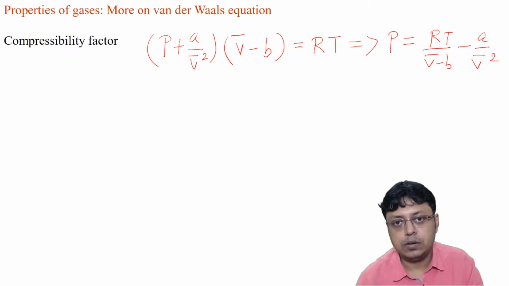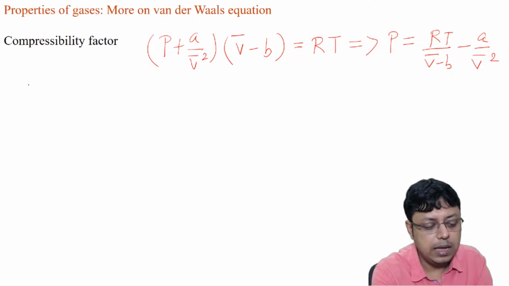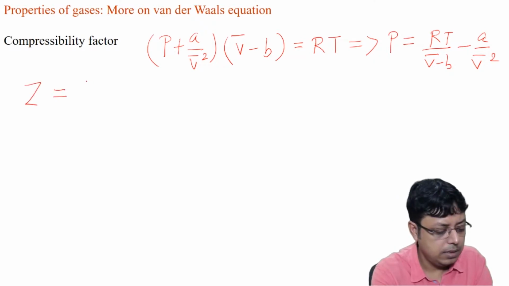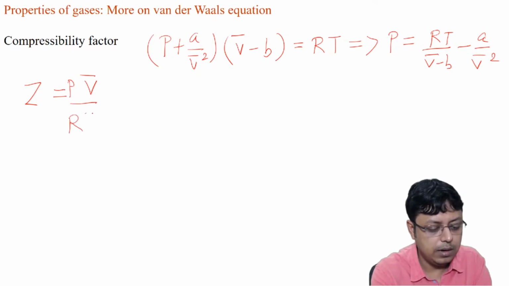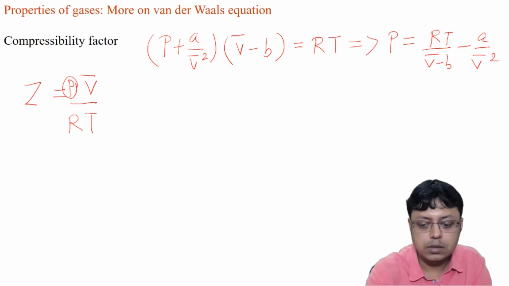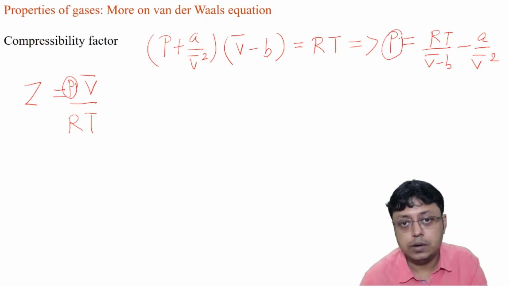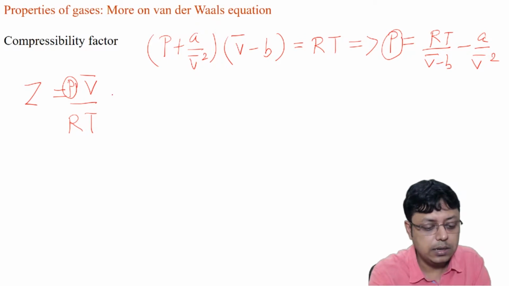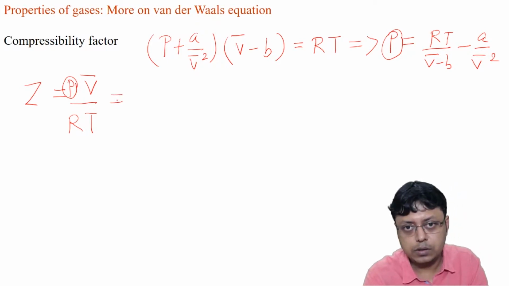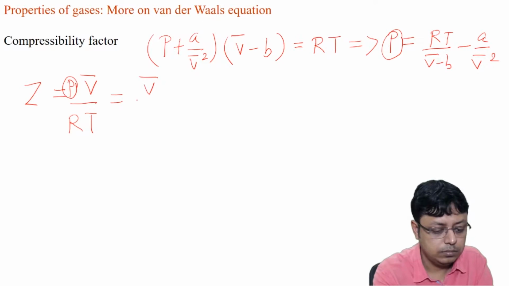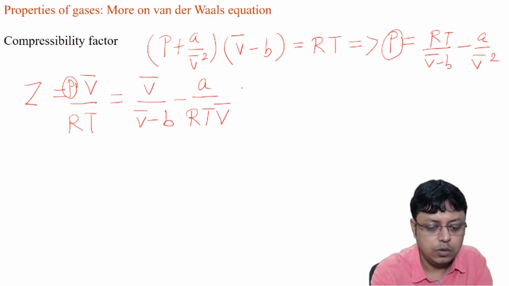Now the compressibility factor was defined as Z equals PV divided by RT. We will use the value of P obtained from the van der Waals gas equation and insert it into the expression for the compressibility factor to get, which can be rewritten as